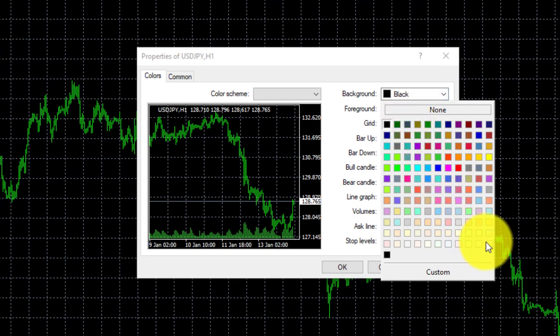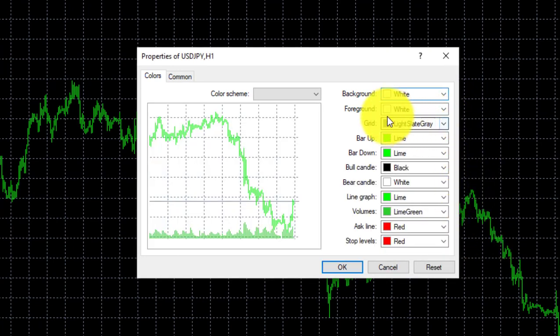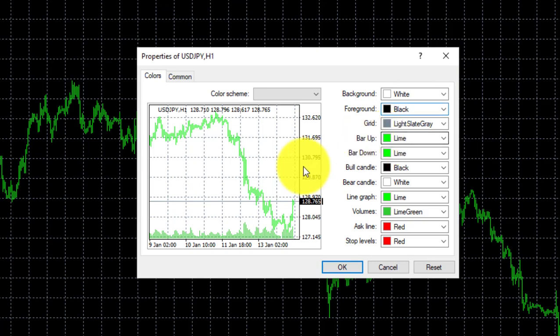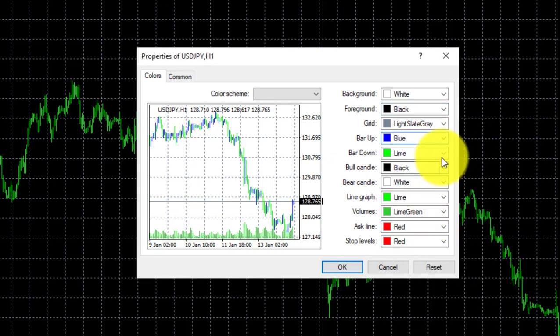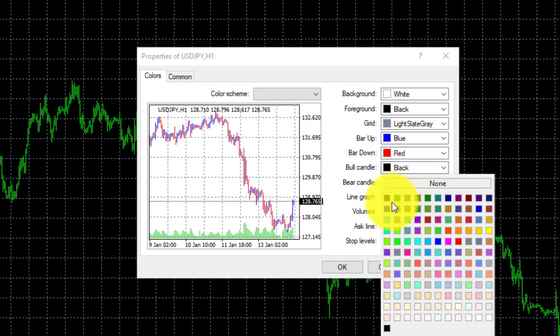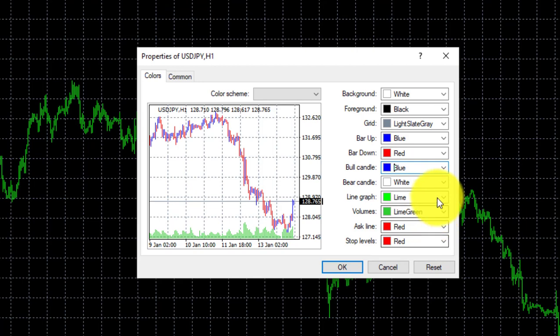I want a white background this time. I want the foreground to be black, so in other words, the numbers on the sides must be black. I want up bars to be blue, and down bars to be red. So already it's starting to, and then candles, I also want that one to be blue and that one to be red. Okay, so blue, sorry, I went out of sequence there, blue, and there are the red ones. Okay, so I'm not worried about line graphs, but we can make them dark blue if you want, and